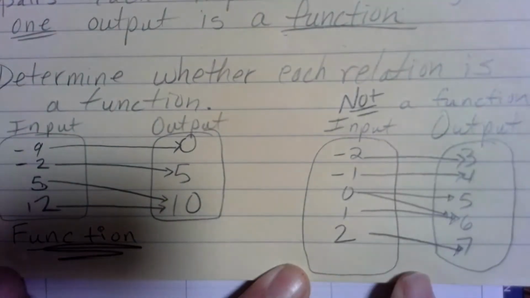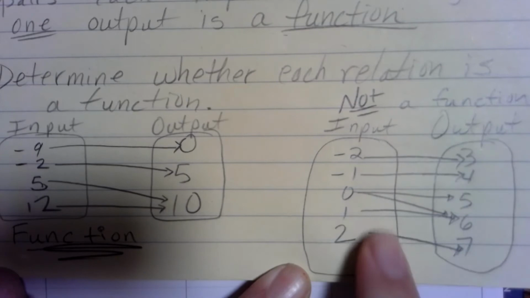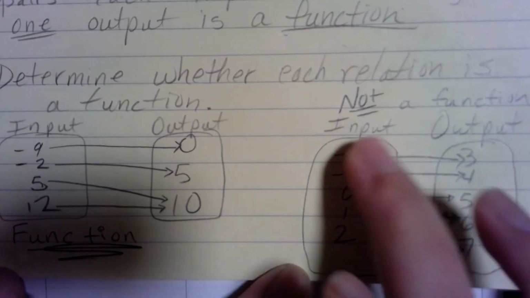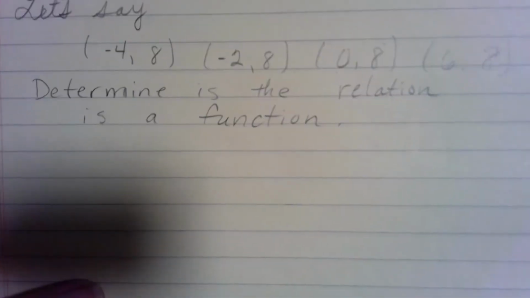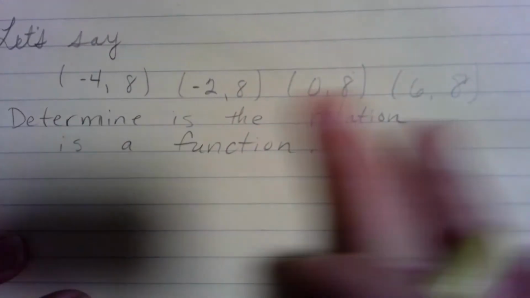We could write ordered pairs from this. We can, see the relation here is determined by what's written or given, but it's not a function. That's not the definition of a function. Okay? All right. So the other thing that you're going to come across is you are going to be given